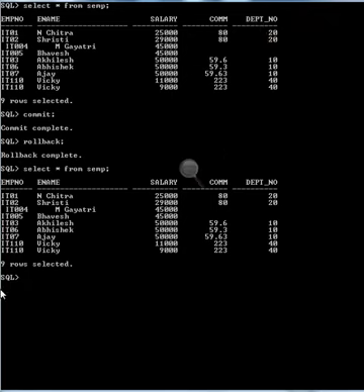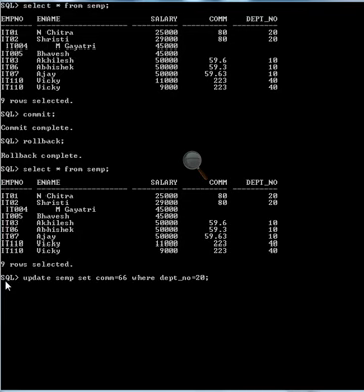Suppose I want to have some transactions and update some values on the ACMP table. So update ACMP set commission equals 66 where department number equals 20.